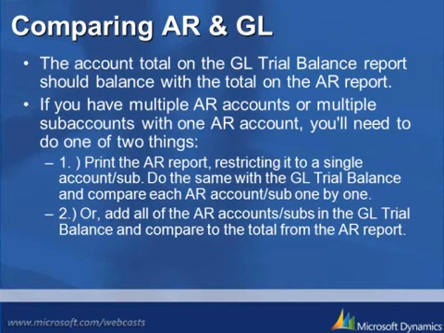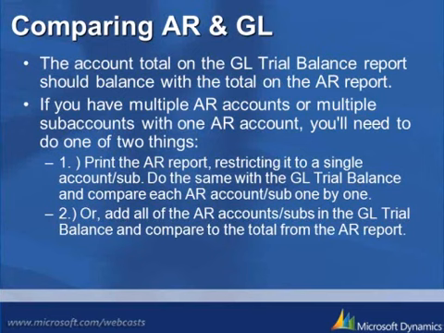But one thing I do want to point out, just to recap what we've been looking at with the various reports here: if you do have multiple AR accounts or multiple sub-accounts with one AR account, you want to do one of two things. You can either print the AR report with the select statement to include only the one AR account or sub-account, and then use the same select statement on your GL trial balance and compare each AR account one by one. Or you could add up all of your AR accounts, on both your general ledger side and your AR side,